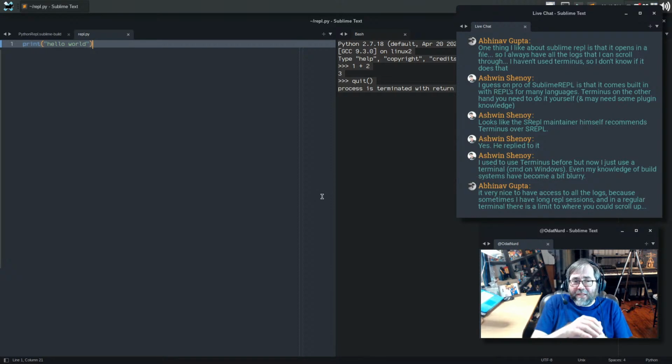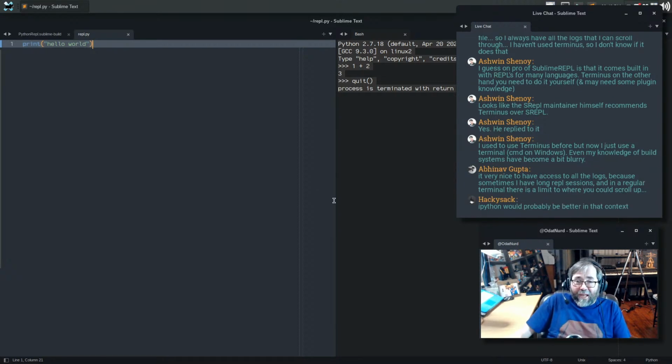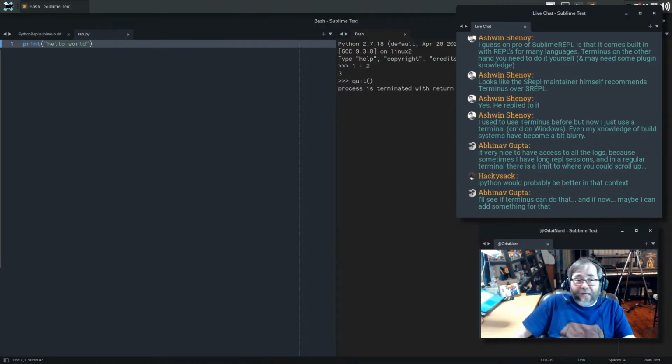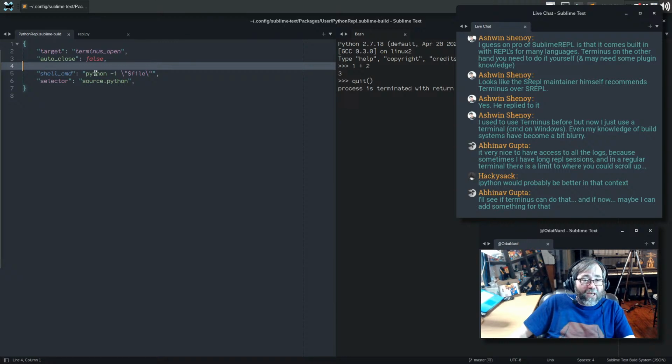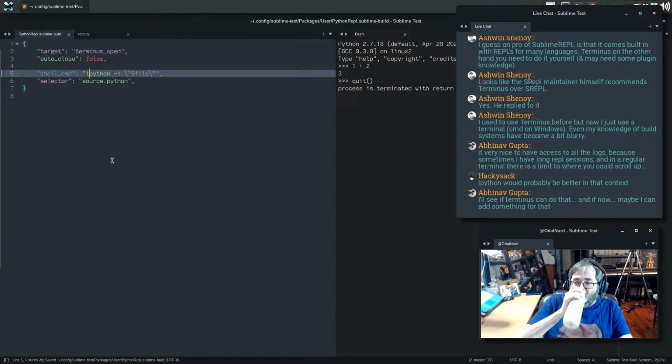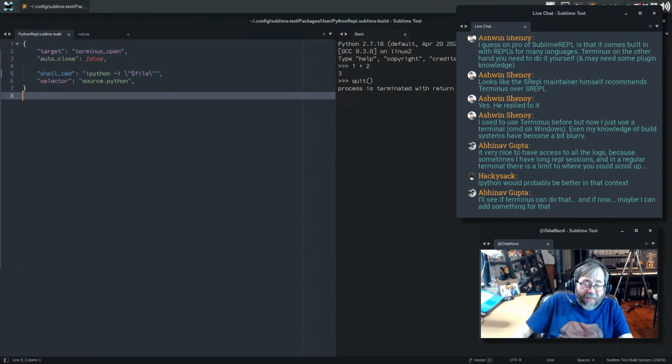There shouldn't be a limit in Terminus to how far back it can go. And as we saw here, I quit and restarted, and this one retains everything that happened in here. It might be. I don't think I actually have that installed. I personally don't, but yeah, easy enough to just swap that in here, I would guess. Is it just sort of a drop-in replacement for something like that?